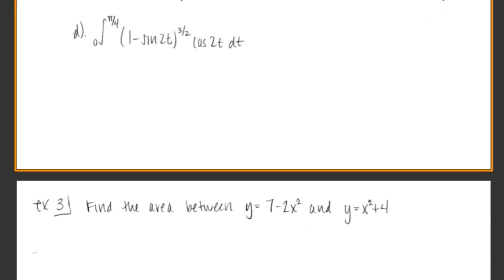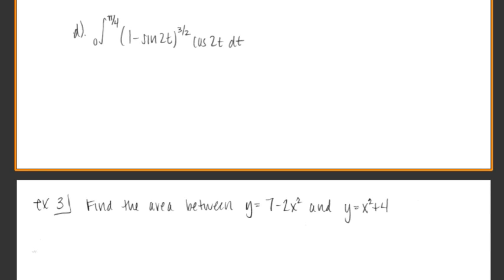To start off, again, let's identify what we want our u to be and what we want our du to be. Looking at this problem, I'm going to take the part that has the power as possibly being our u. So the 1 minus sine 2t, let's see if that would work. So u is equal to 1 minus sine of 2t, and that would make du to be, well, the derivative